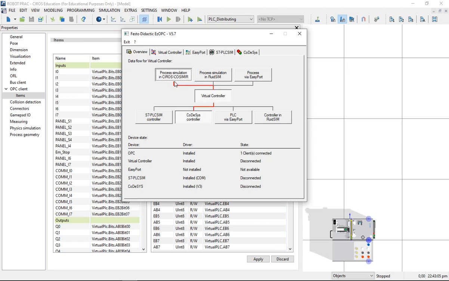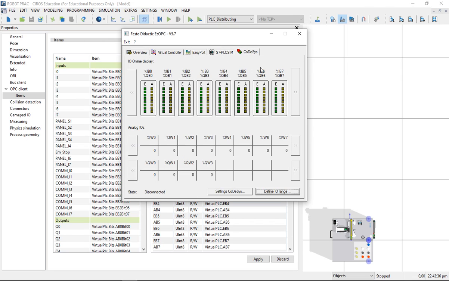So apparently it can control multiple softwares, Ciros and this one CoSim. I don't know this one. So for the purpose of this video, I'll just stick with Ciros. As you can see over here, we have the OPC connected, but we don't have the Codesys connected. So in this video, as I said, I want to show you the steps that are not possible to